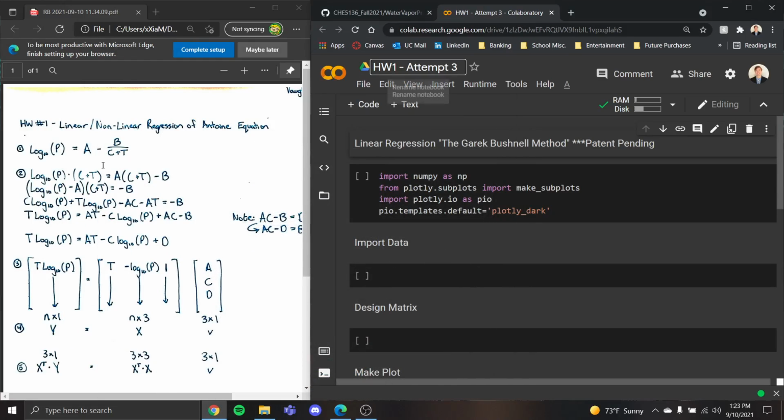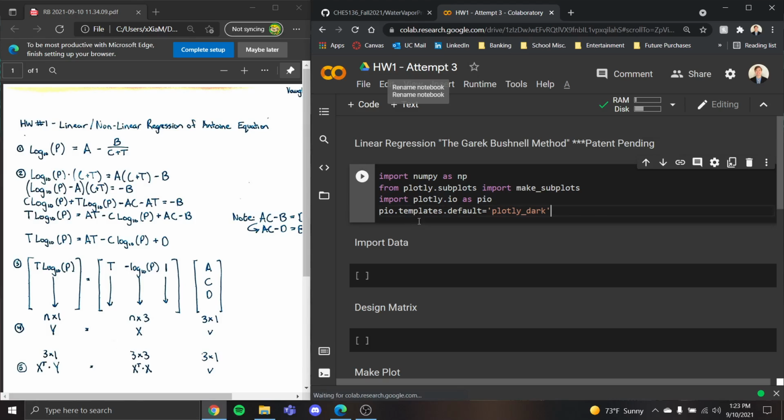Hello, this is Von Richter for Homework 1, Linear and Nonlinear Regression of Anton's equation. On the left, I have a PDF outlining the layout of my method for determining the design matrix and how it's going to work on the code itself. I just thought it was better to lay it out this way as opposed to trying to verbally explain it